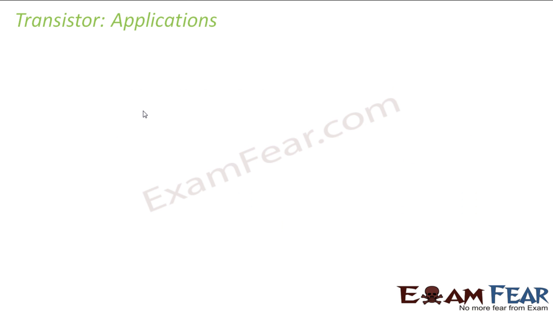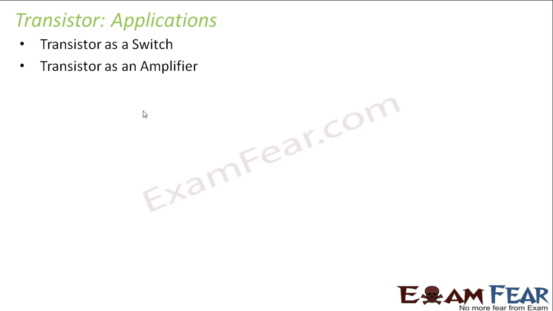So now let us look at some of the applications of a transistor. As I mentioned before, the transistor was a very important invention of semiconductor electronics. So what are the purposes where a transistor is used? In this lesson we will talk about two applications of a transistor: transistor acting as a switch and transistor acting as an amplifier. This is a very important topic because one of the most important purposes of a transistor is that it acts as an amplifier. It helps to amplify the input signals.